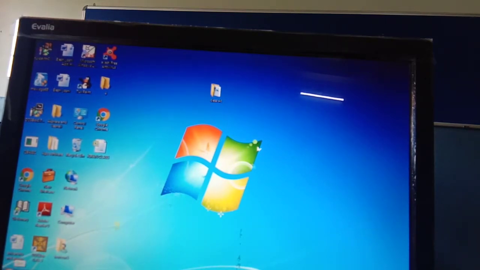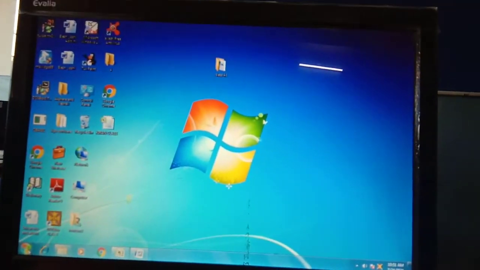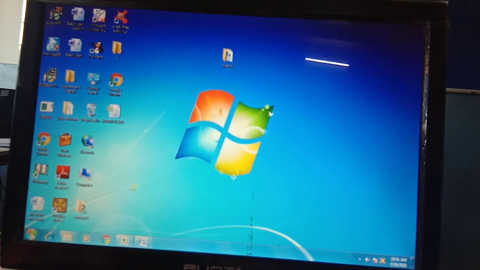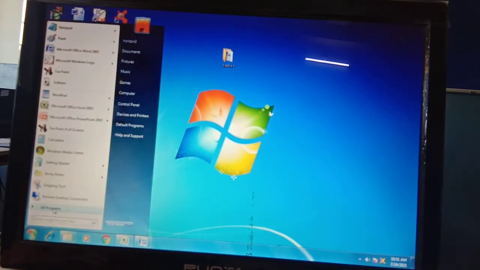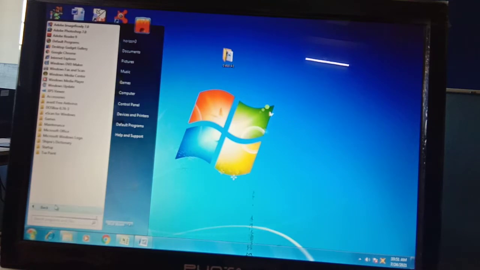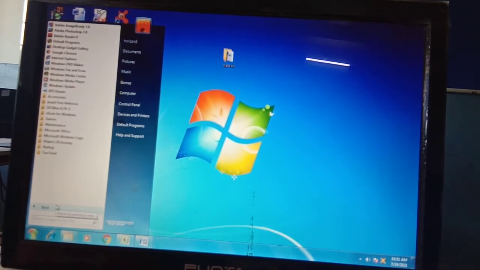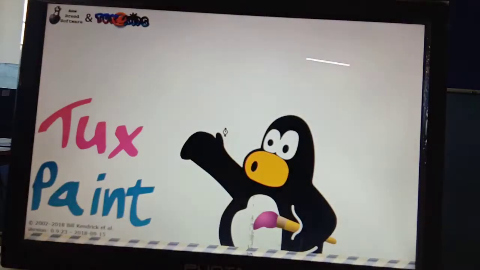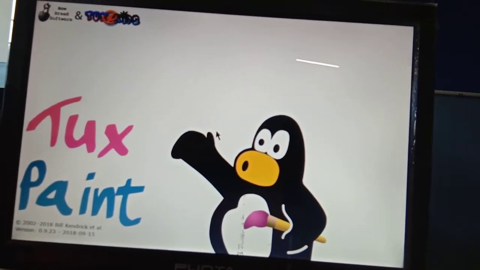To start, we need to click on the Start button, and then go to All Programs. As you click on All Programs, it will display Task Pane there. You have to click on Task Pane and then click on Task Pane full screen. If you choose Task Pane windowed, your screen will be in a small size. So we will choose Task Pane full screen, so it will be visible to everyone.